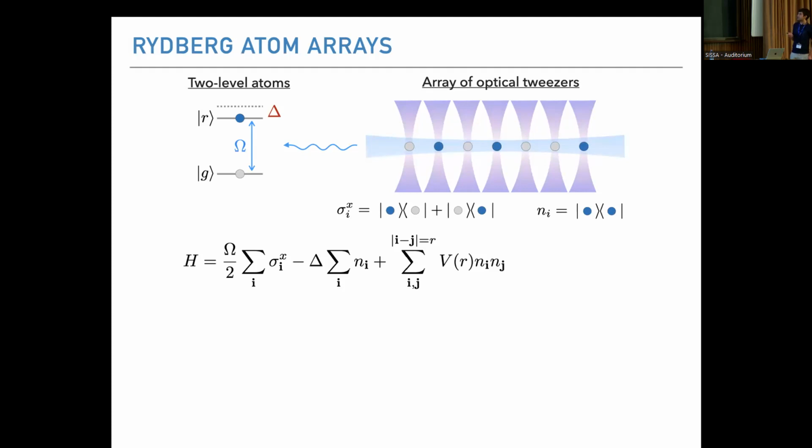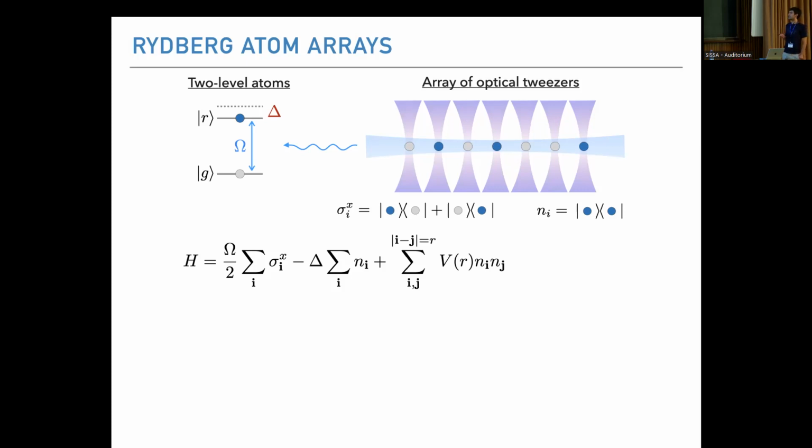And there you can tune the frequency of the laser off resonance such that you have the detuning with respect to the energy difference between these 2 levels. And you end up with a Hamiltonian with these 2 terms here. One is just controlling the rate of transition between these 2 levels of the atoms on each site of a lattice. And the other one is